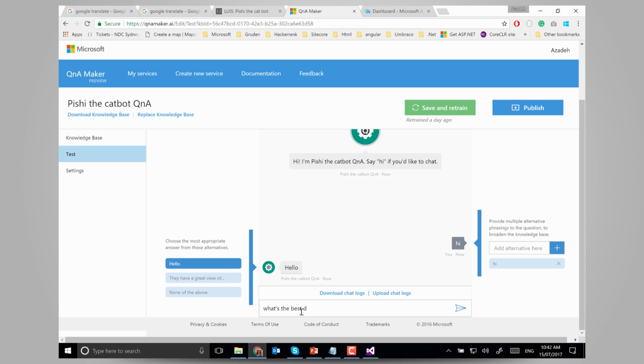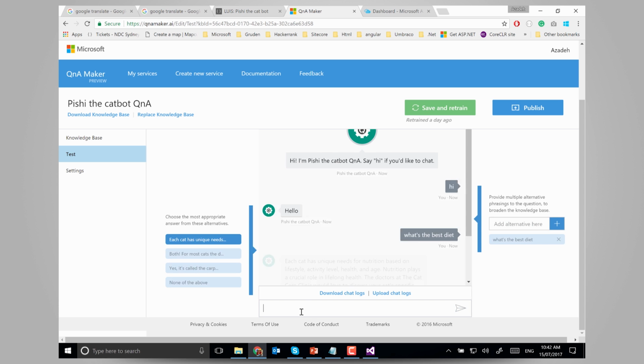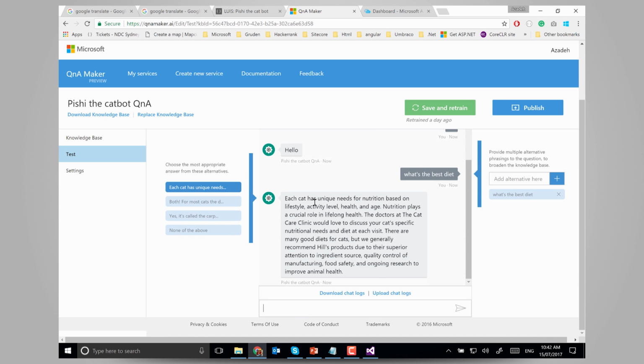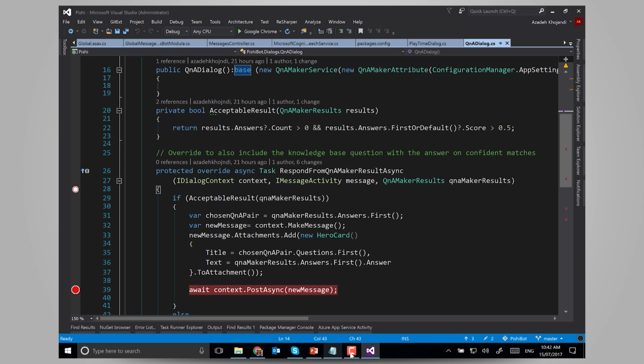So if I type, what's the best diet? It returns the answer that matches the question, but it also suggests a few other options. It's like, okay, these are close. Are you happy with the answer, or do you want to change it and select the other one? And then you can save and retrain the database. All right.